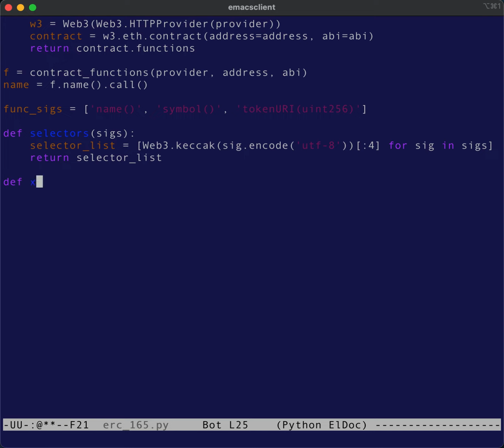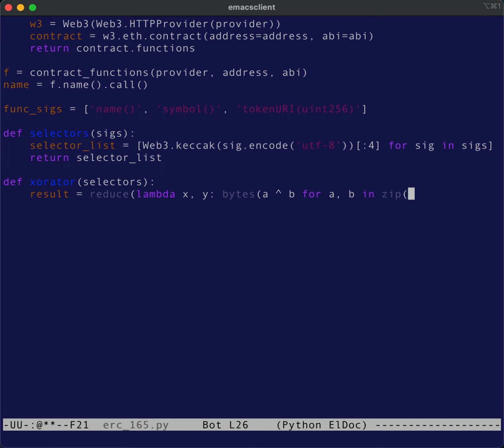Now, we're going to have to perform that XOR operation. We call this XORator. And this is going to go ahead and take in a list of selectors that we created in the last function. And I'm going to go ahead and just call this result. And this is where we're going to use that reduce function that we brought in earlier. This is going to be a one-off lambda, with the A, B, lambda, and it's just going to take in 2. And we're going to need to convert bytes here. And this caret, that's our XOR operator. It's going to be XOR for A, B